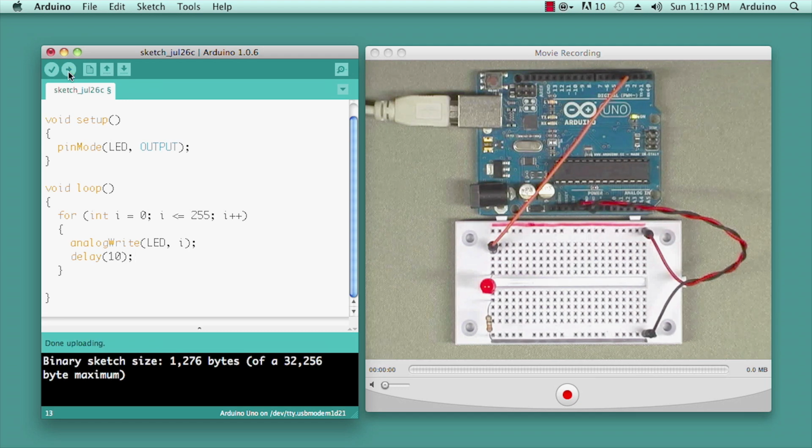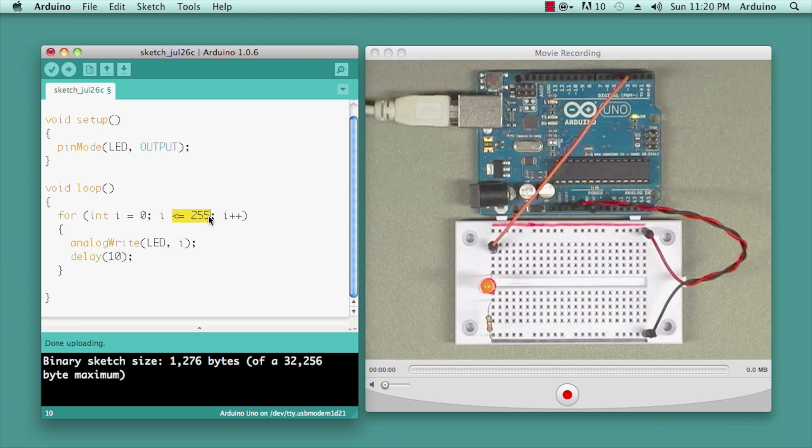So we have a 10 millisecond delay, and indeed, we start at 0 and we go up to full brightness. And then as soon as we get through the loop once, we fall out through the bottom, and the larger loop function brings us back around to the top where we reinitialize I to 0. We write a 0 value to the LED. We wait a little bit for the humans to see the effect. Then we check to say, are we still less than 255? Yep. Okay, so now do a 1, then a 2, then a 3, then a 4,